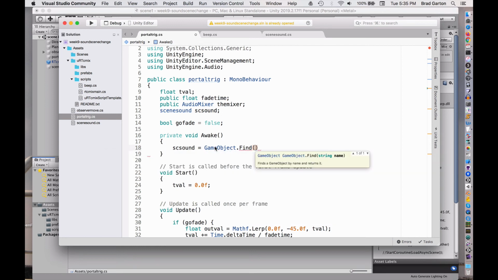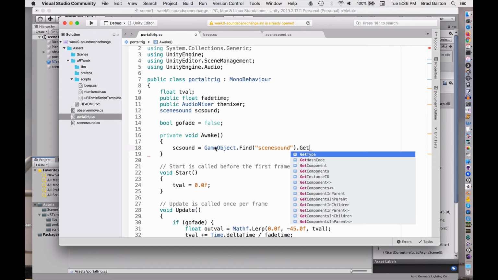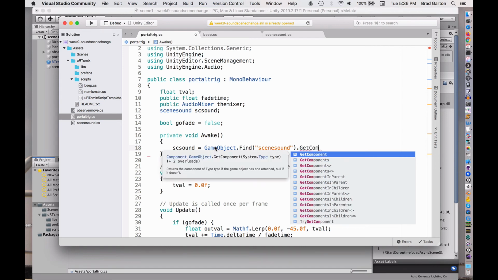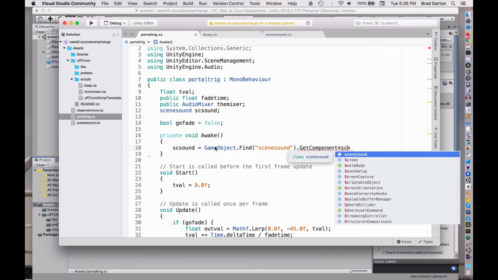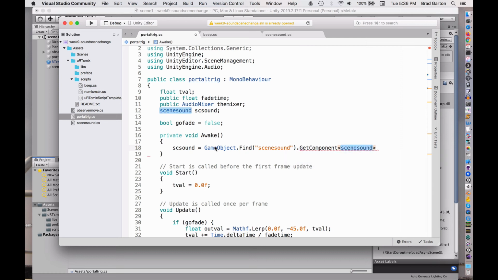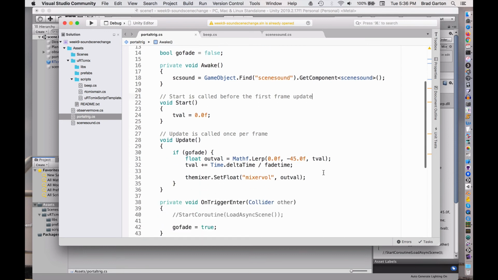find scene sound and dot get component, and the component we want to get is scene sound, right. Okay, and what we're going to do is down here in Go Fade,